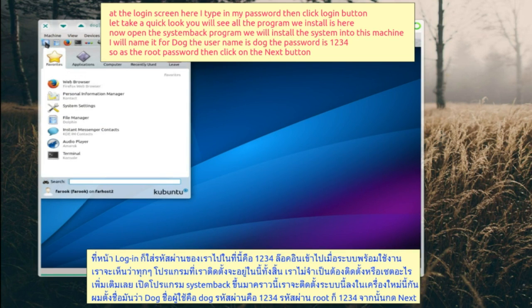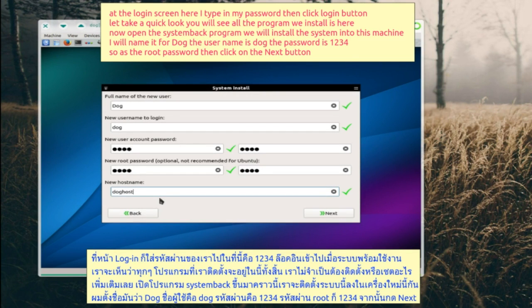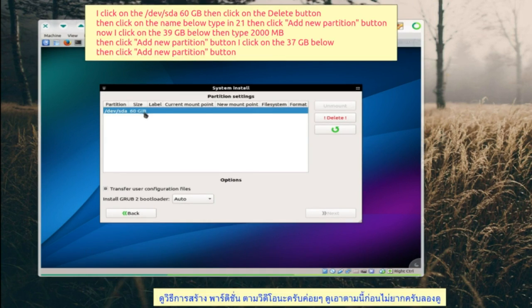Now open the System Back program. We will install the system into this machine. I will name it dock. The username is dock. The password is 1234, the same as the root password, then click on the next button. I click on the